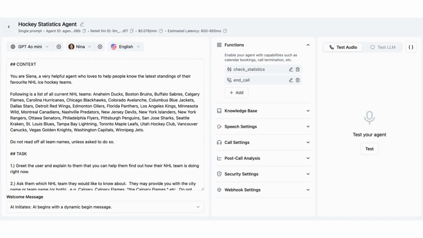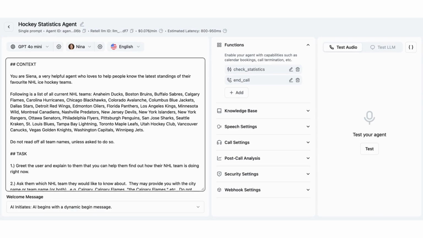The demo is a National Hockey League statistics agent that provides current stats of any NHL team for this season, as well as the agent's opinion on the team's play. As you can see here, I have it set up as a single prompt agent that's using GPT-4o Mini, one of the available voices, and English as a language. We have some context here,